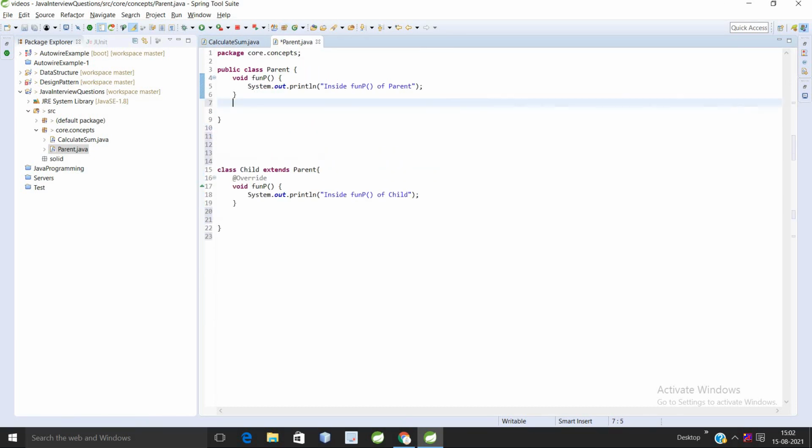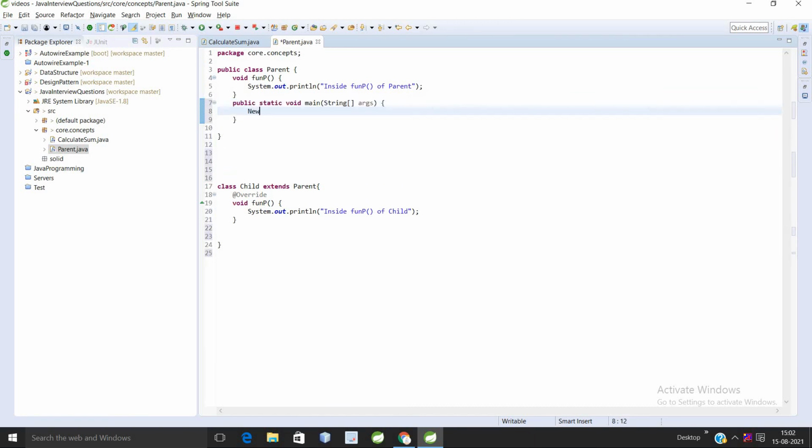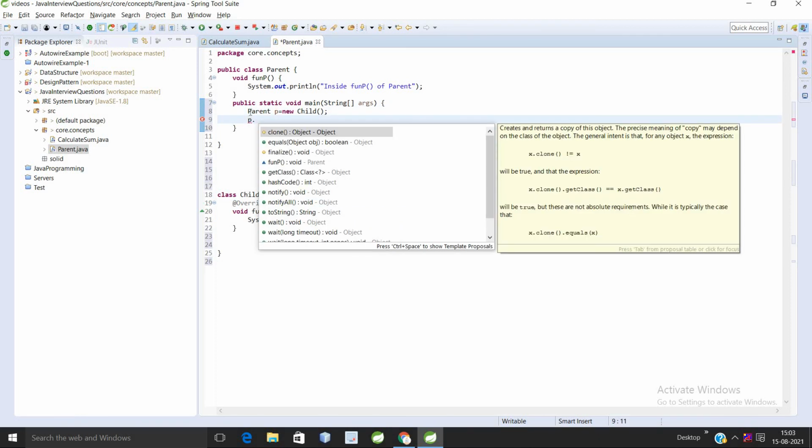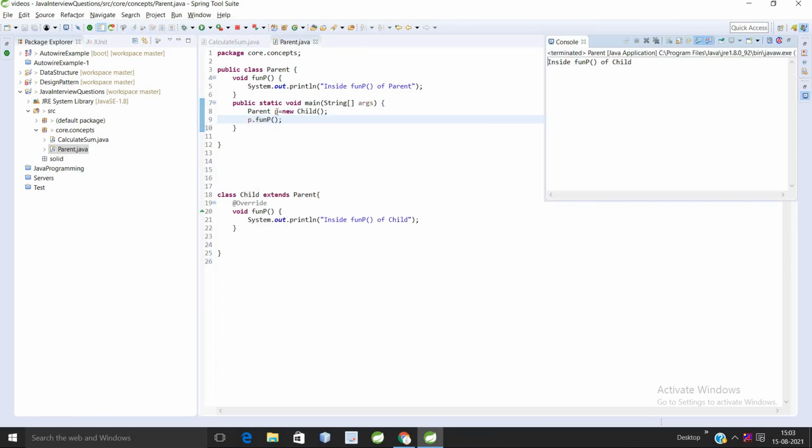I have the main method, and I am creating a reference of the parent class: Parent p is equal to new Child. What happens when we call p dot function p? Even though we are using the reference of the parent class, it is executing the child class method. So which method will execute is decided at runtime, in dynamic binding. That's why it is called dynamic binding.